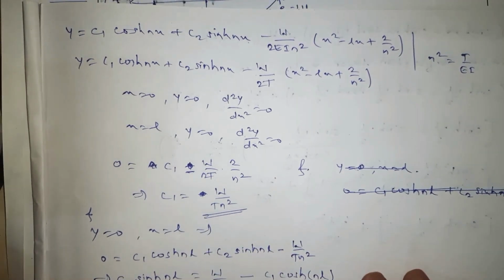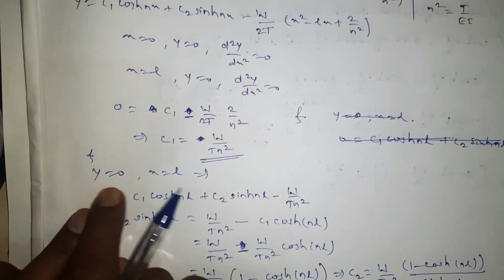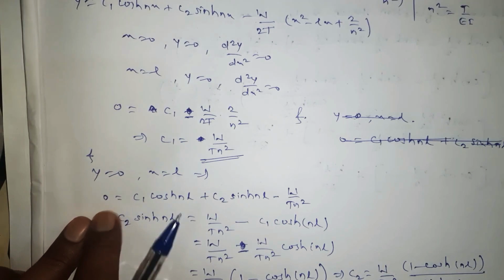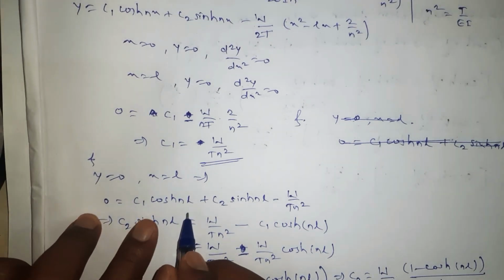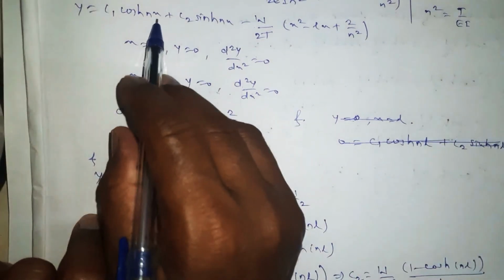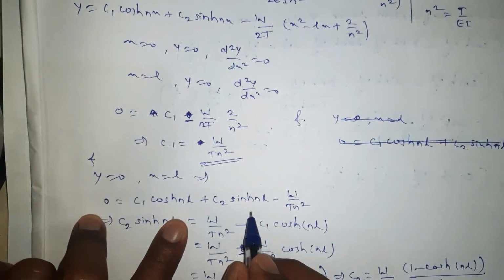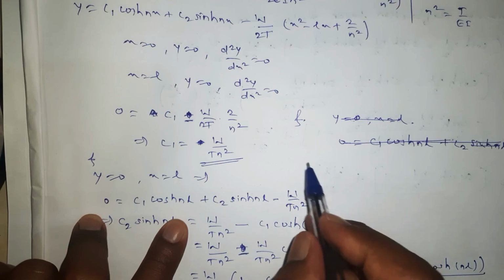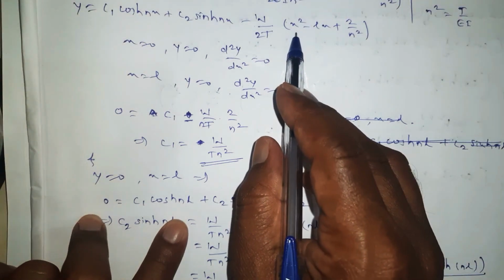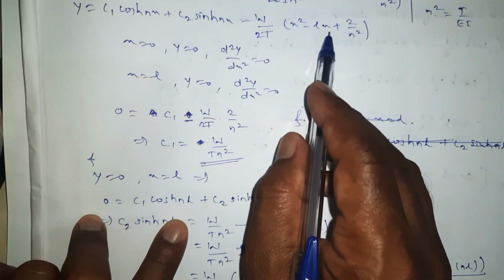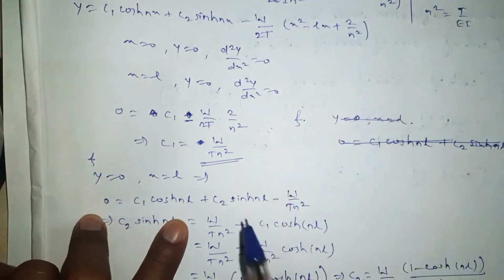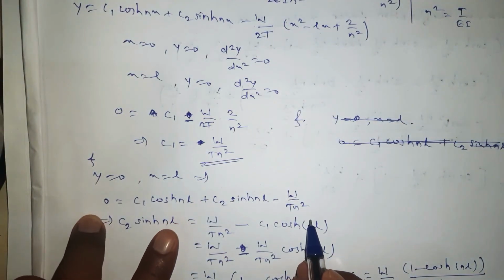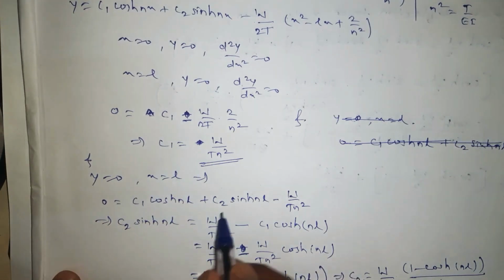Now to find the value of c2, put y equal to 0, x equal to L, right? So 0 is equal to c1 cos h nL, in place of x I write L, plus c2 sin h nL minus w upon, here if I put L square, x is equal to L square minus L square 0, 2 upon n square is there, 2 gets cancelled again, so w upon t n square, right? Okay, now